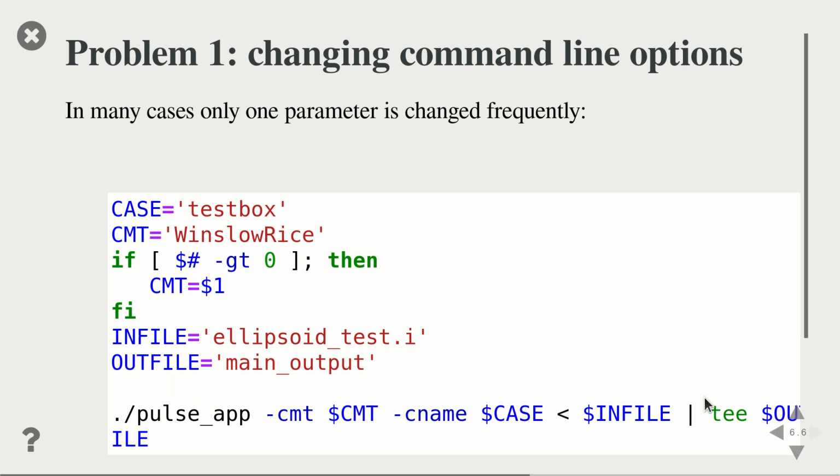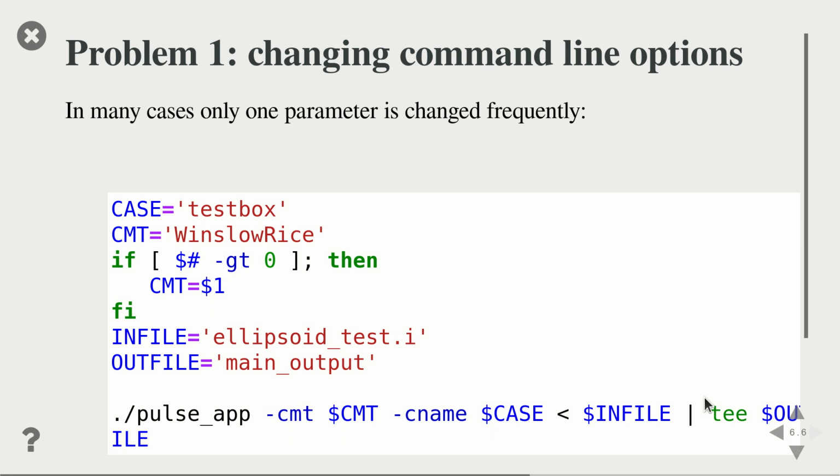And the first one is, how can we make the command line arguments more flexible? One easy way is, instead of hard-coding them in here, we introduce variables, for the case name, the input file, but also the output file and the tee here. And then we define the variables. Some of them it's fine to hard-code, but maybe one of them we want to get from the command line argument, and then what I do is